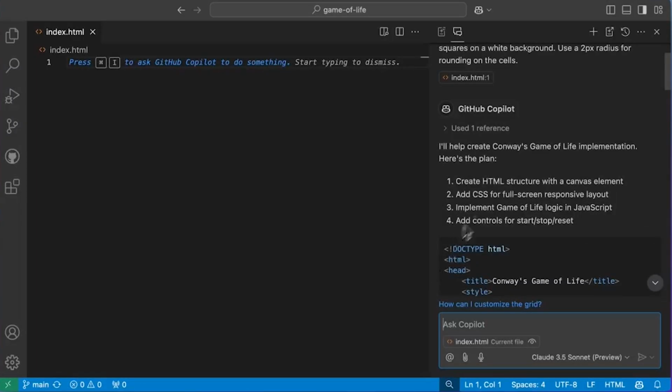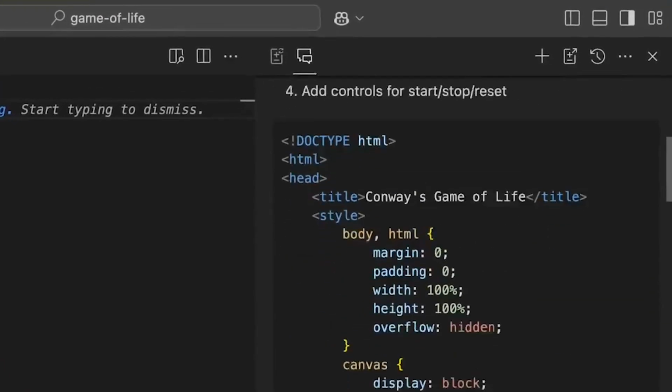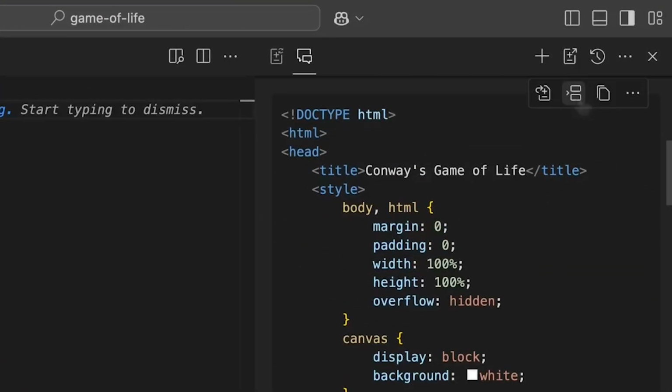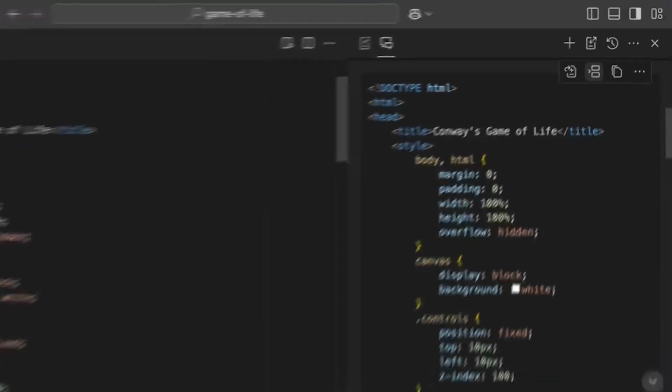So check out gh.io/copilot/prompt-tips to learn more. Scrolling through Copilot's response, we can hover over the suggested code and use the inserted cursor